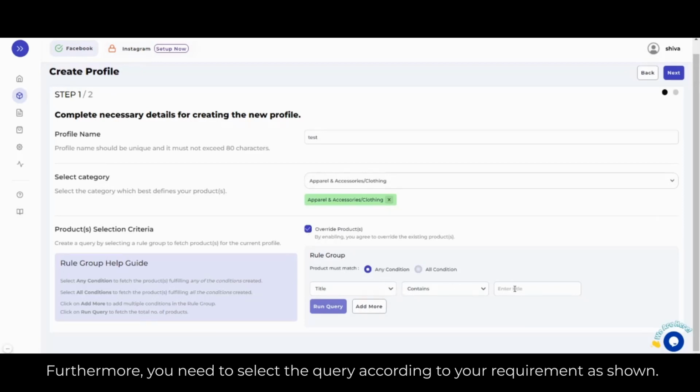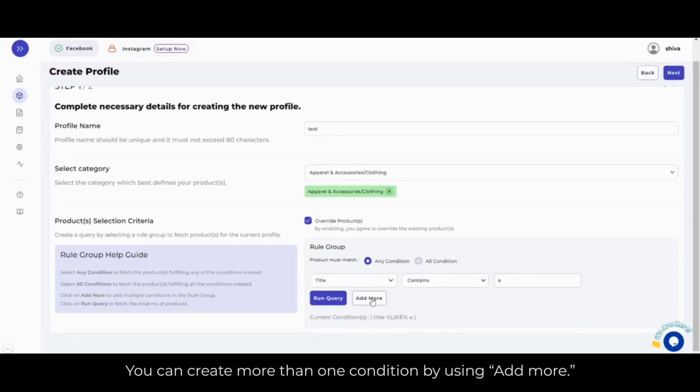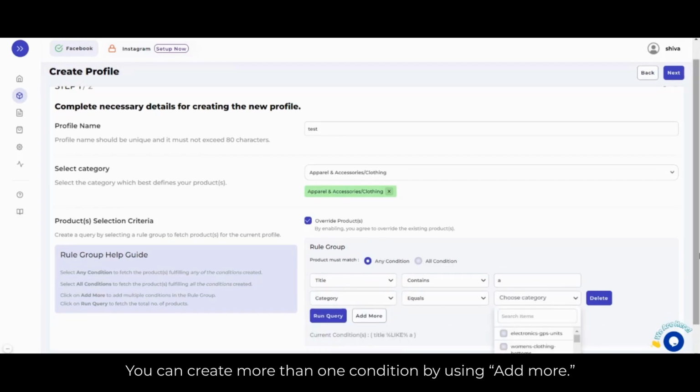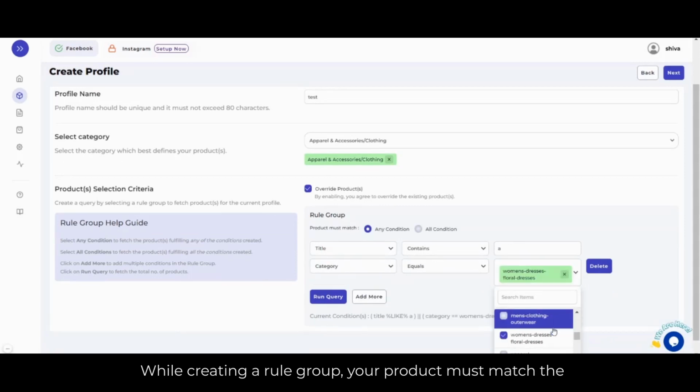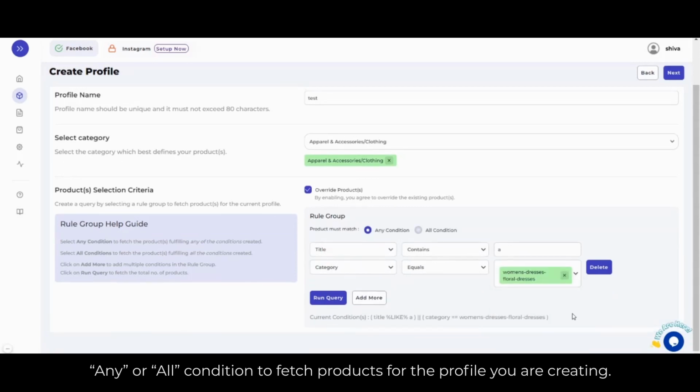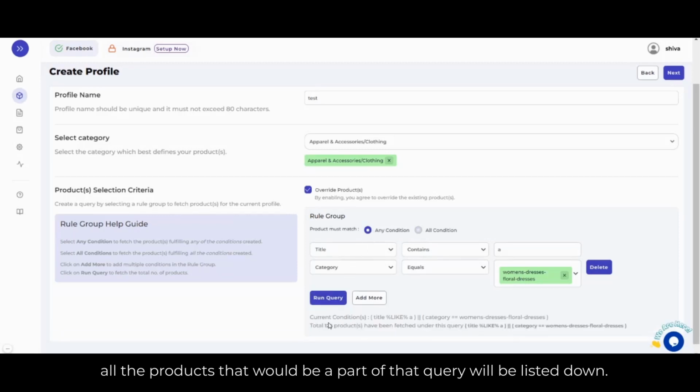Furthermore, you need to select the query according to your requirements as shown. You can create more than one condition by using Add More. While creating a rule group, your product must match the any or all condition to fetch products for the profile you are creating. Once you hit Run Query, all the products that would be a part of that query will